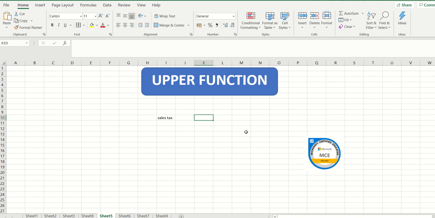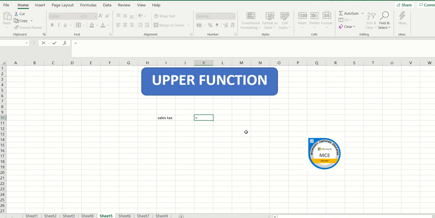Now people, the 3 functions or 3 formulas that I'm going to train you, these particular functions are beneficial for words. They are not going to work on numbers, but they are going to work on words, the alphabets altogether. And the upper function is the formula that I use in order to convert the given text, it may be a word, it may be a sentence, whatever it is you have, into uppercase. That's how the word upper has come up, uppercase, that is in capitals.